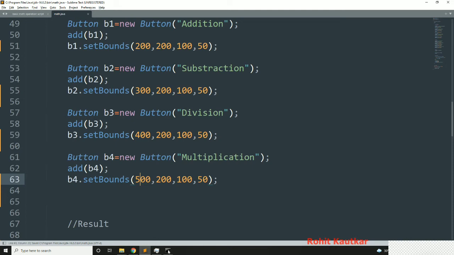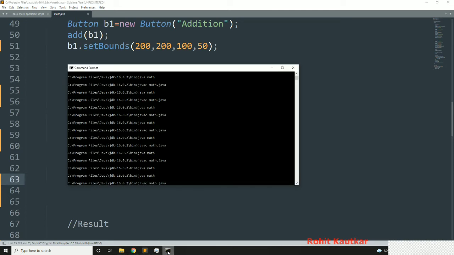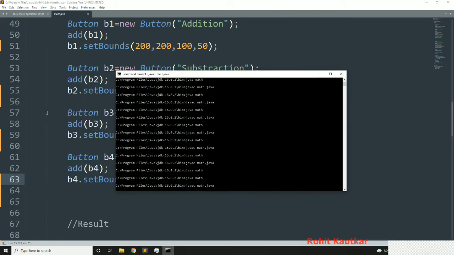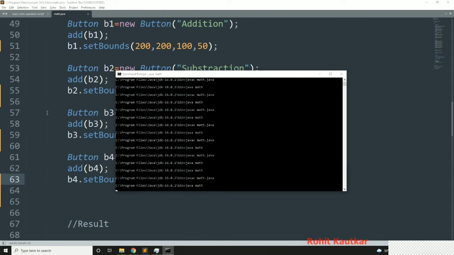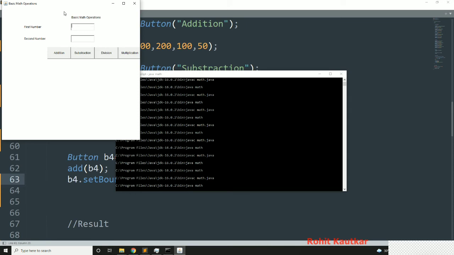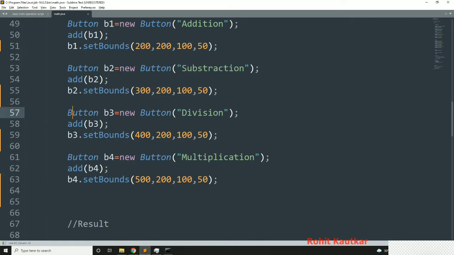Okay, now let's try to compile. Okay, we got these 4 buttons. They should be a little bit to the left side, so I will change this position of first button.